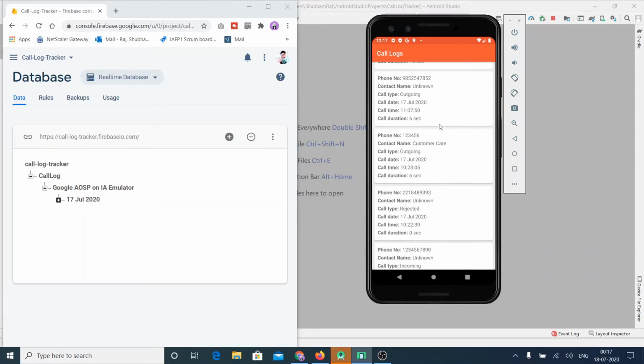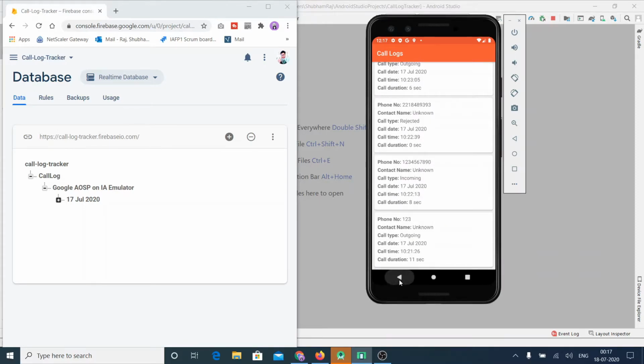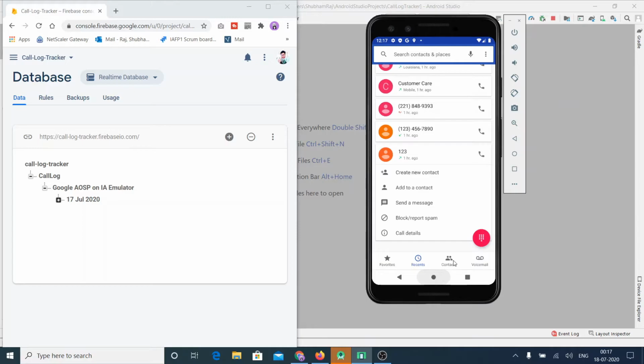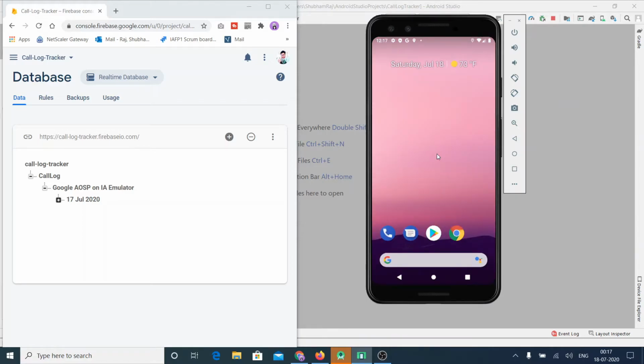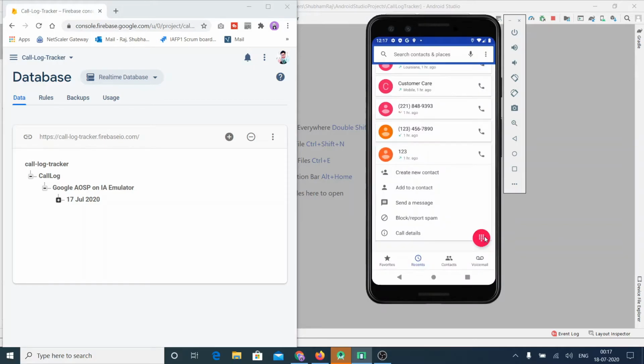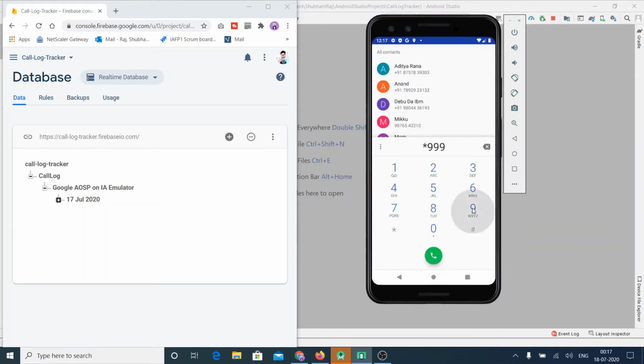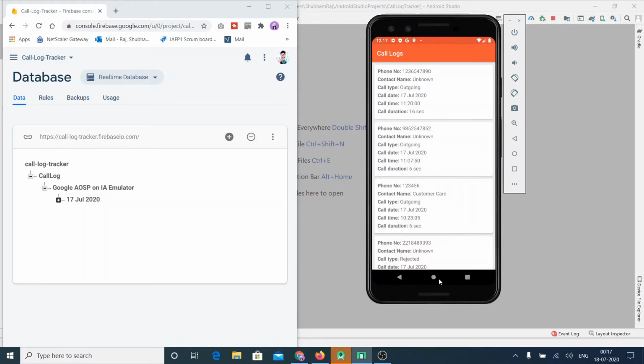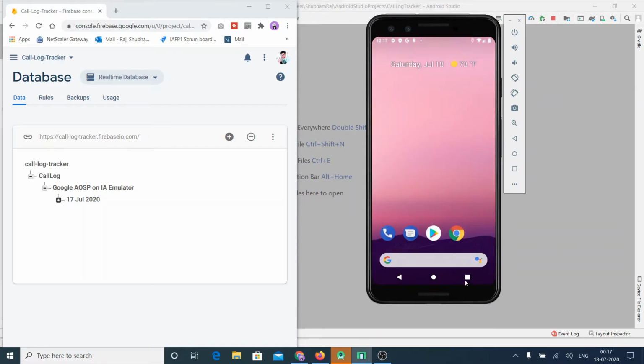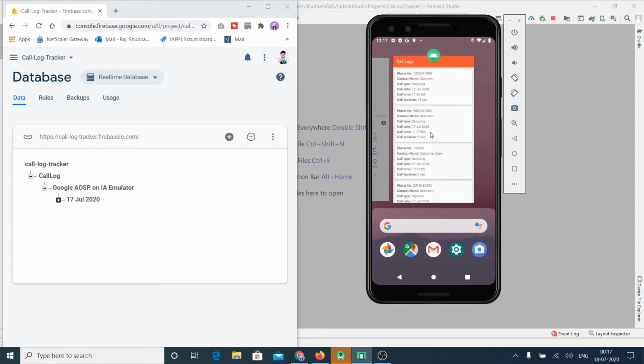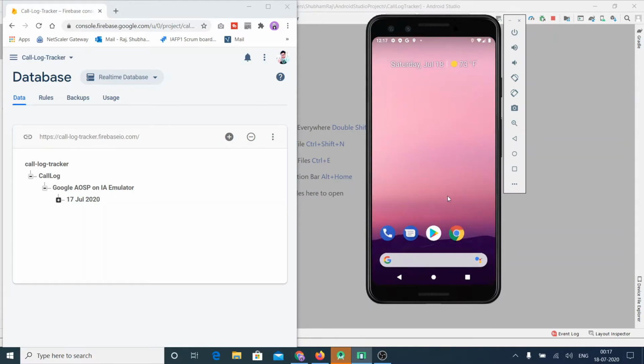Okay, as you can see, it opens the app. So this is not specific, you can set any number you want. I have set this number star 9999 hash, but you can set any number you want. And if you again type 9999 hash, then again your app will open. And again, if you minimize this app and check the recent activities, it will be gone in a few seconds.